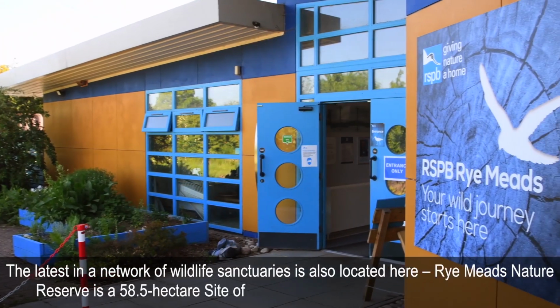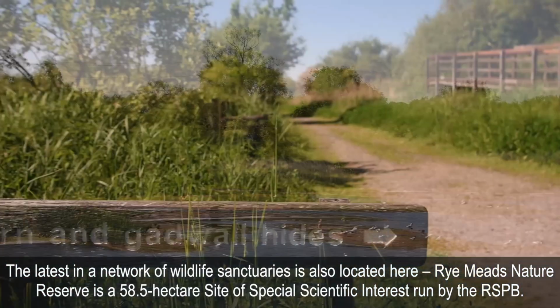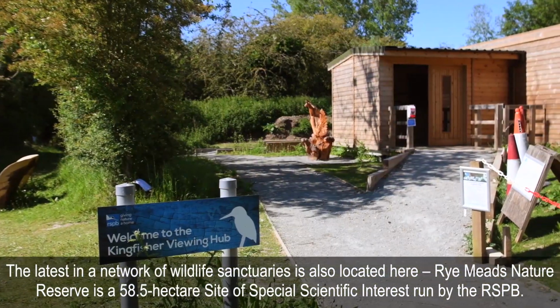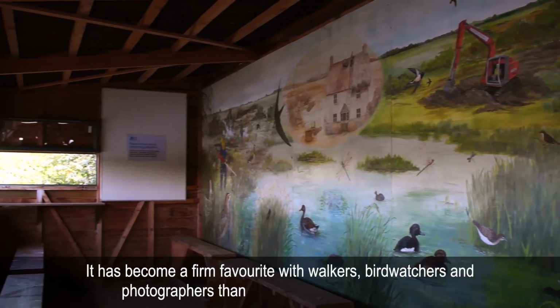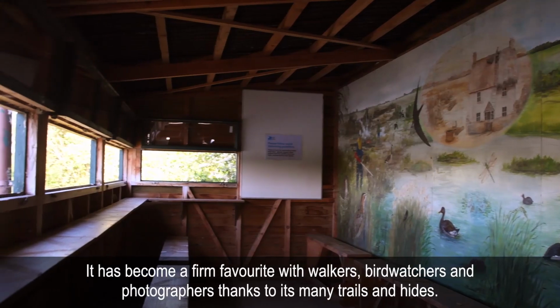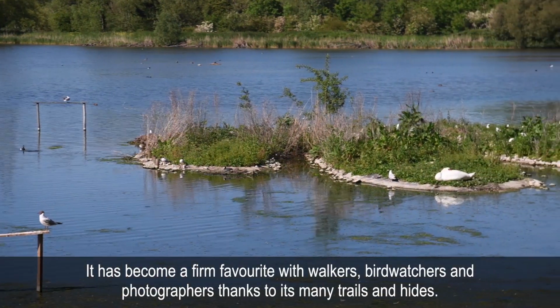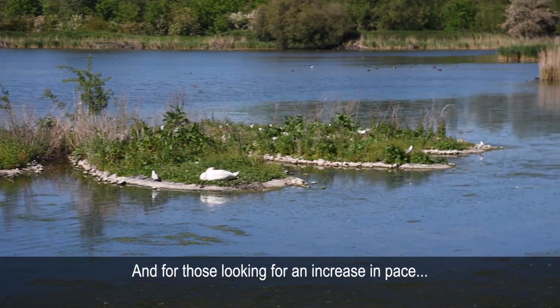The latest in a network of wildlife sanctuaries is also located here. Rye Meads Nature Reserve is a 58.5 hectare site of special scientific interest run by the RSPB. It has become a firm favourite with walkers, bird watchers and photographers, thanks to its many trails and hides. And for those looking for an increase in pace,